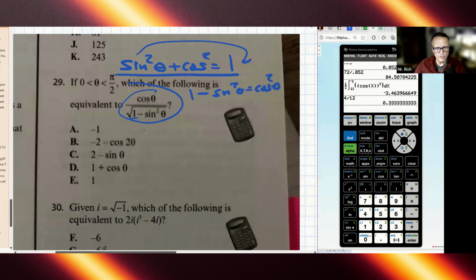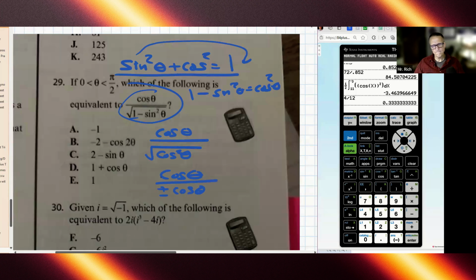So this expression right here can be rewritten as cosine theta over the square root of cosine squared theta. And then when I take the square root of the squared, I'm going to get cosine theta over plus or minus